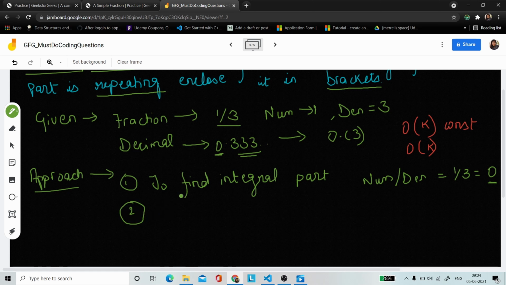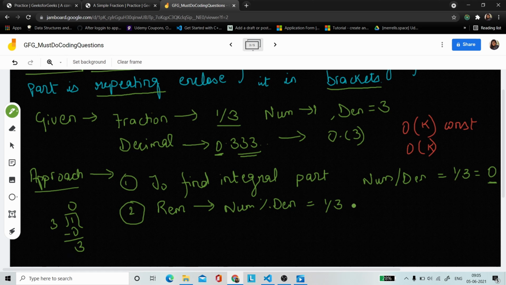Now, in order to find the remainder, it will be numerator mod denominator. Is it clear? So when you do numerator mod denominator, in the case of 1 by 3, if you just perform a simple division, 3 0s are 0, and it will give you a remainder of 1.